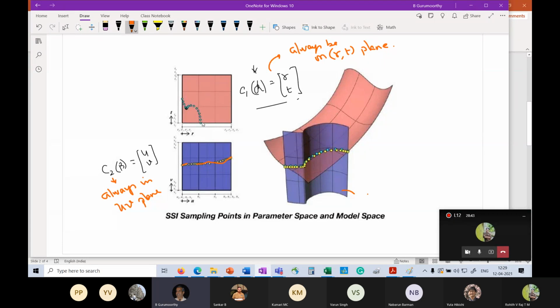Likewise, if I fit a curve through these and I map all the additional points that I get on the curve to the red surface using the surface equation, I will get that those points all define a curve that lies exactly on this surface. It won't come out of the surface. It may not be the curve of intersection. Why? Because there are deviations here. In between these points, there are deviations. We don't know how much, and the fitting also is not exact, and therefore I will not be able to say that it's the curve of intersection. The only thing I'll be able to say is that this curve will map exactly to this surface and lie on that surface.